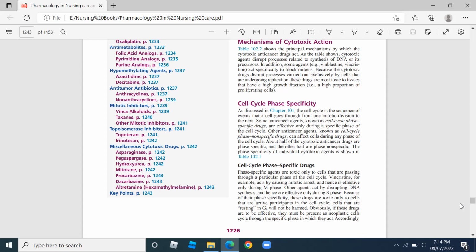In addition, some agents, for example vinblastine and vincristine, act specifically to block mitosis. These are mitotic spindle inhibitors, and they act on the M phase of the cell cycle. Cytotoxic drugs also disrupt processes carried out exclusively by cells that are undergoing replication. These drugs are most toxic to tissues that have a high growth fraction, that is, a high proportion of proliferating